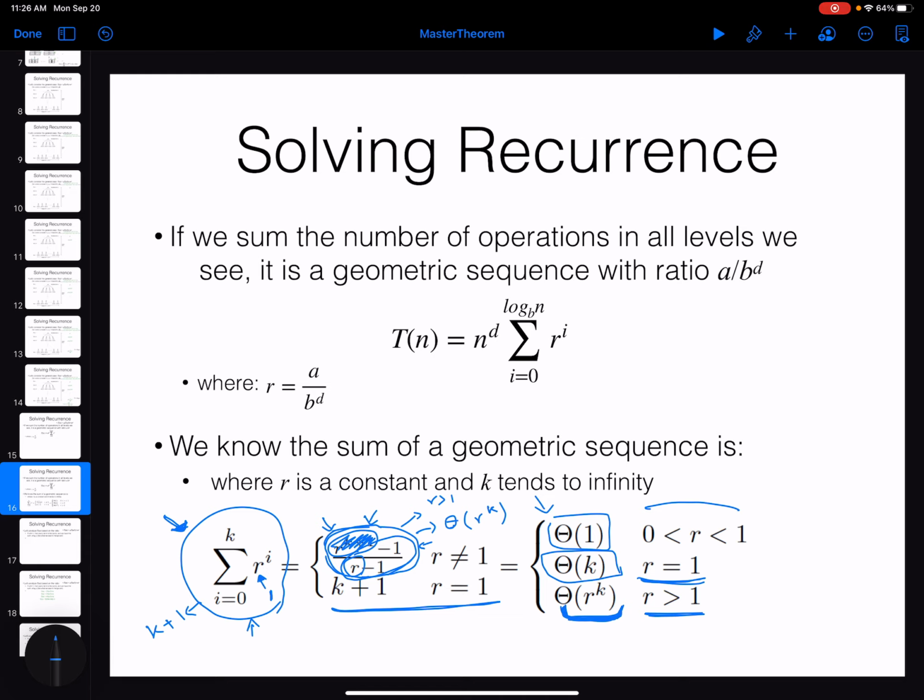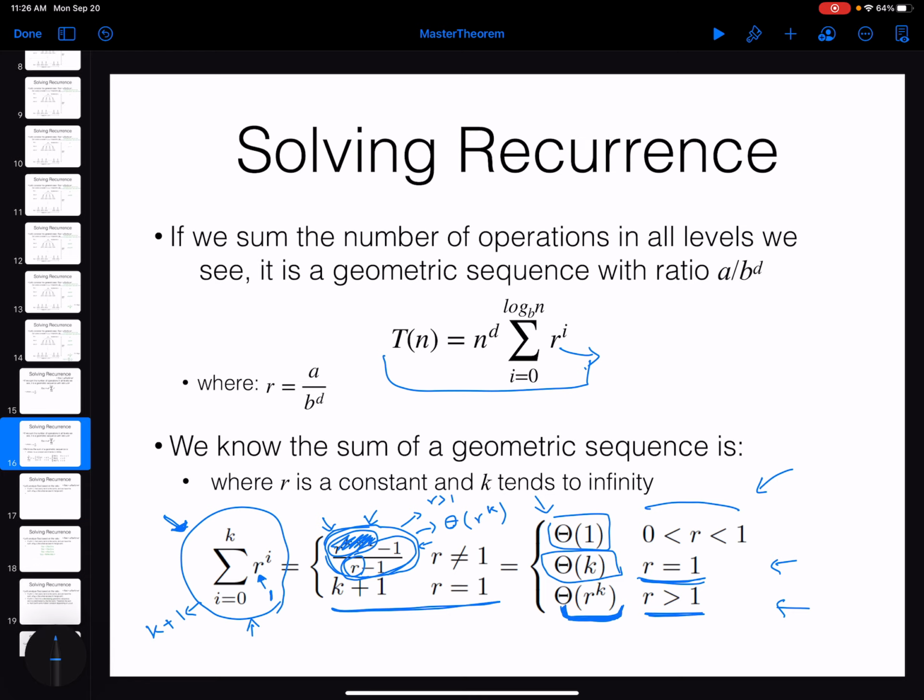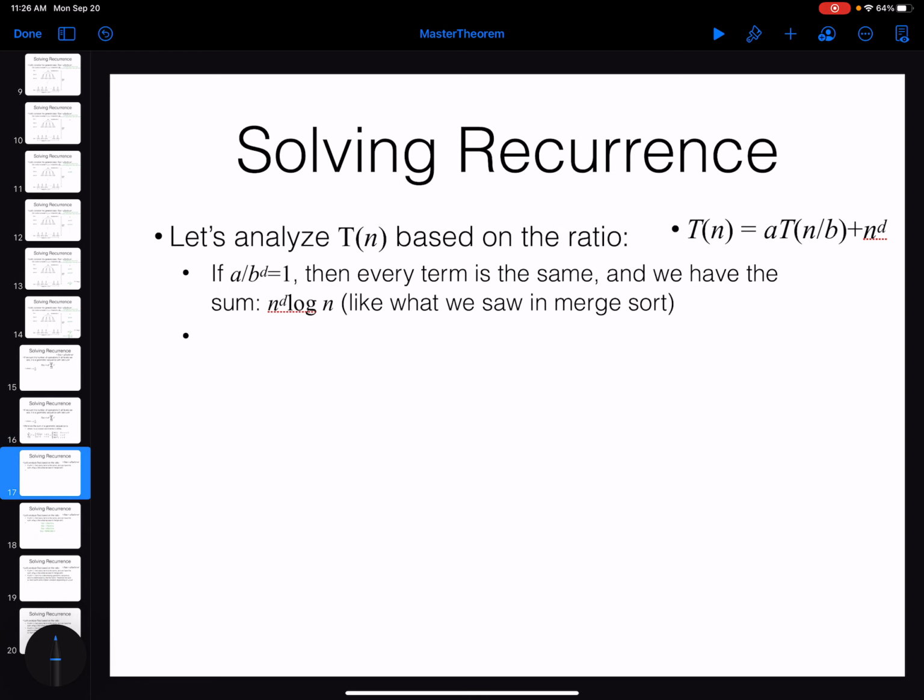So these are the three different cases that you need to always memorize. After you get this summation, based on the value of the ratio, I'm going to have three cases: either the ratio is less than 1, equal to 1, or greater than 1. Based on these three values, I can write down the full master theorem, which tells you that if you have a recurrence relation like this,